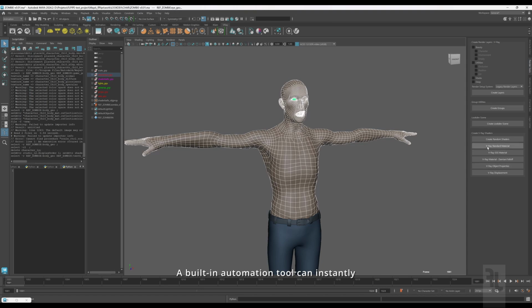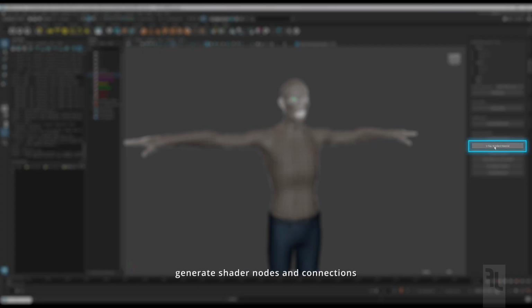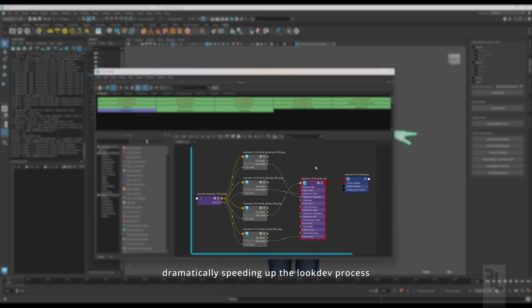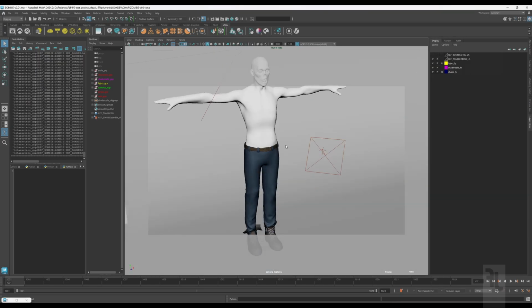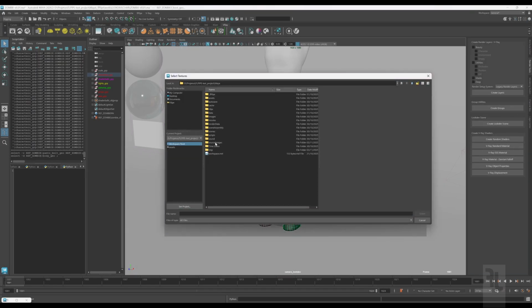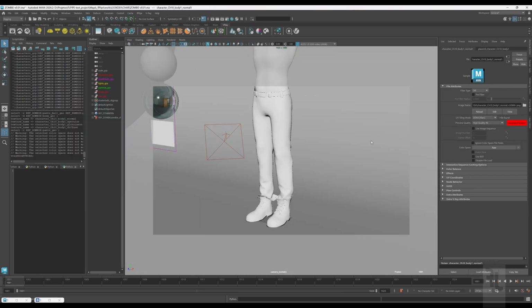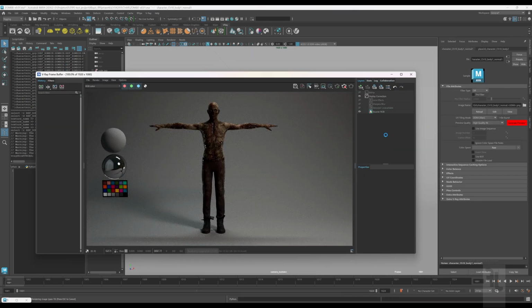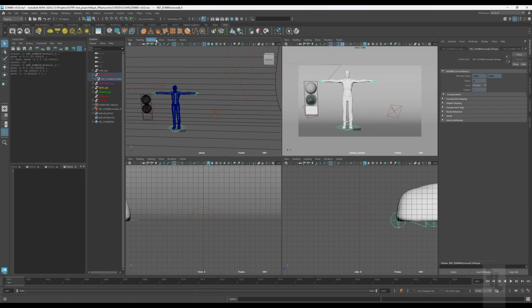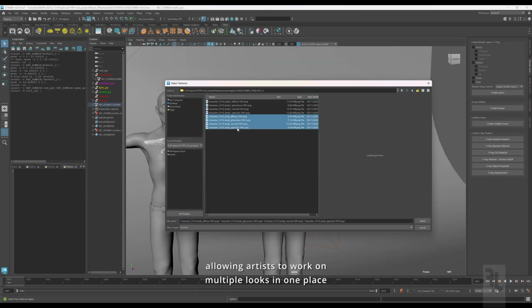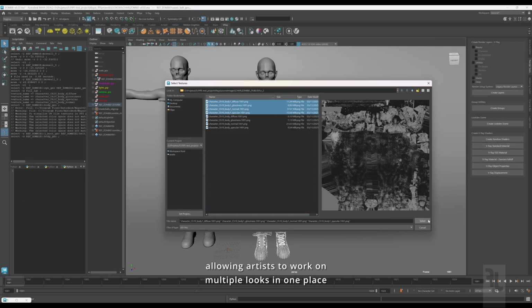A built-in automation tool can instantly generate shader nodes and connections, dramatically speeding up the look dev process. Additional assets can also be referenced into the same scene, allowing artists to work on multiple looks in one place.